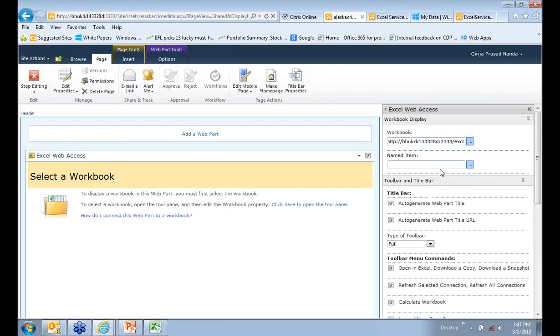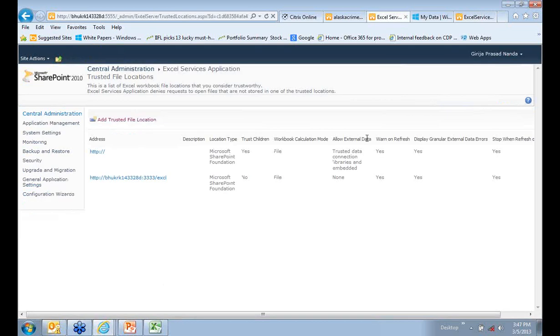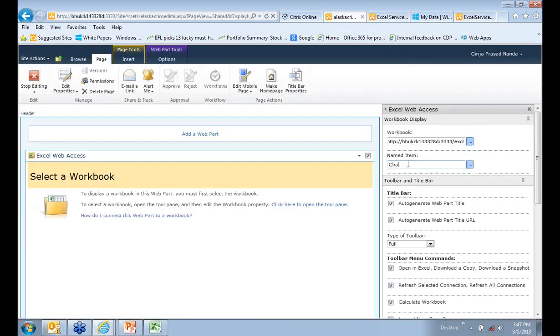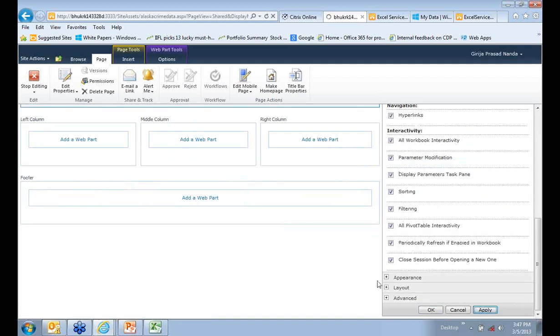Then, what is the named item? We had a lot of things, right? If you can recall, we had published Chart 1, and we had published Table 1. So what exactly do you want to display here? Let's say I want to display Chart 1. So once we click on that named item and click Apply,